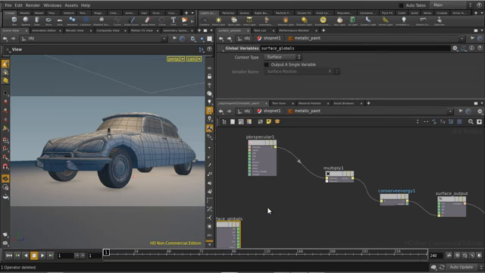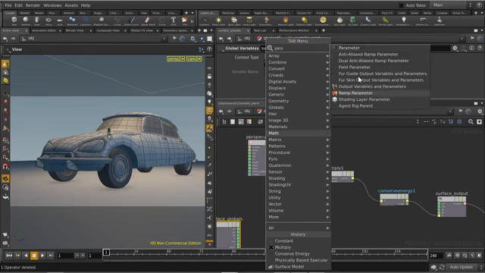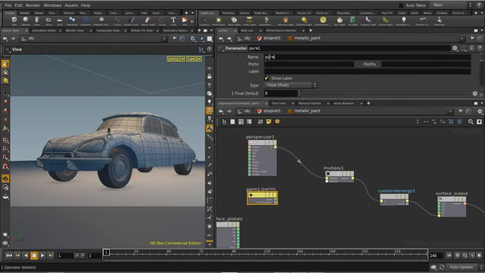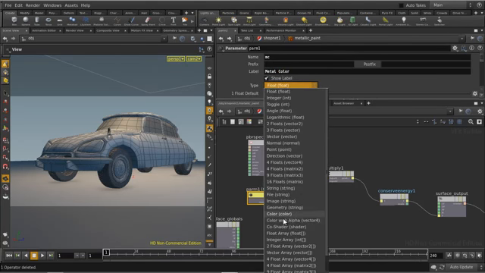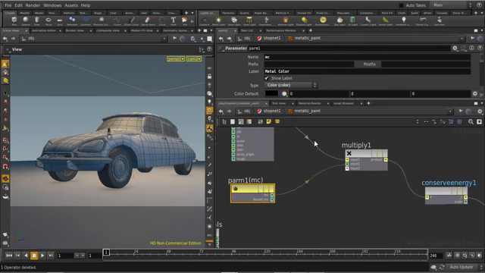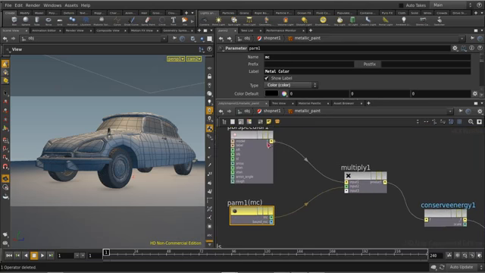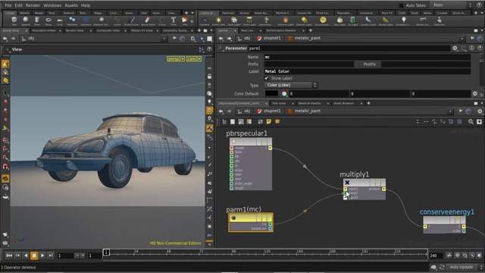Let's do one thing. Let's take a parameter. So we'll take a parameter and let's call this metal color, and in the label we'll call it metal, and set this to color, and we'll multiply it. Just make sure that the specular value comes into the first one, so you'll get the output will